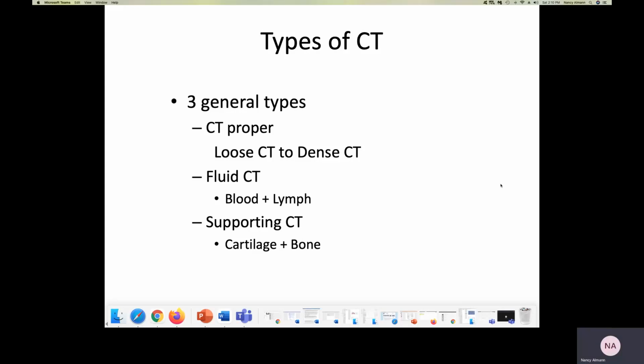As we start to delve into the category of connective tissues, it helps to have a framework by which to organize the various types of connective tissues. There will be connective tissue proper, and the two major categories in connective tissue proper will be loose connective tissue or dense connective tissue. We also have fluid connective tissues as well as supporting connective tissues. And this chart here